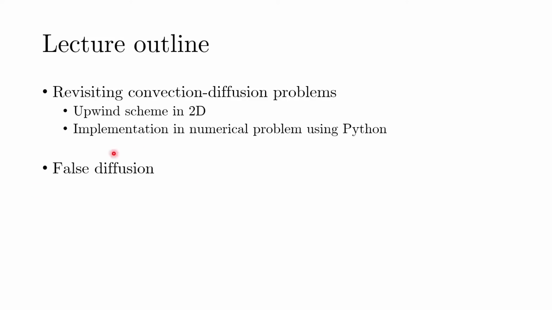The last part of this lecture would be towards what is called false diffusion. If you remember vaguely, I had used this term somewhere around 3 or 4 lectures ago, and I hadn't introduced it at that time because it is only relevant now when we are talking of multi-dimensional problems. So this is where it would be relevant, and we would be talking about what it is and why it is being caused and what might be the implications of that.